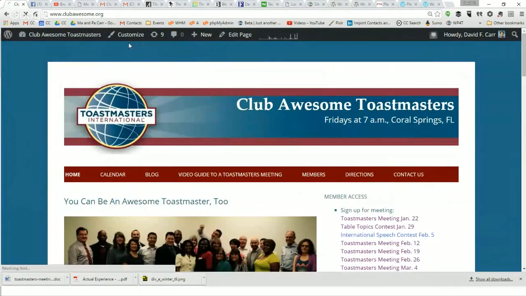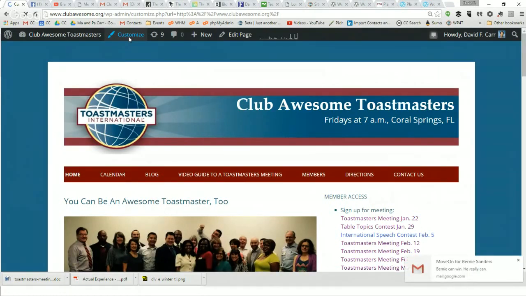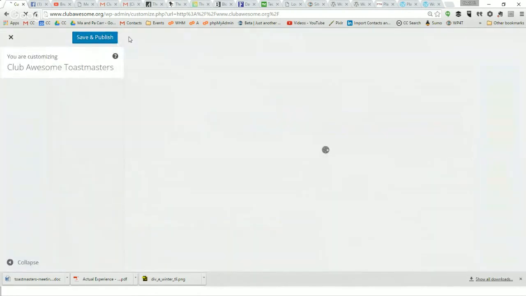But from the public site, if you don't like the way the site works, there are a bunch of things you can change by clicking the Customize button up top. This also appears on the administrator's dashboard in a section that says Appearance. Customize is one of the options under that. This is taking a moment to load.